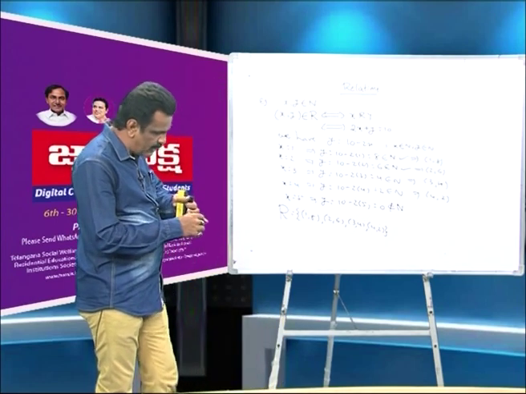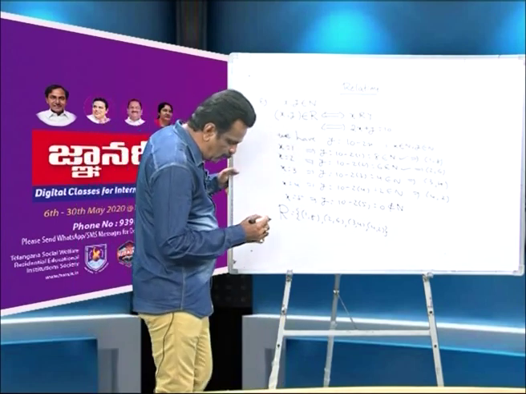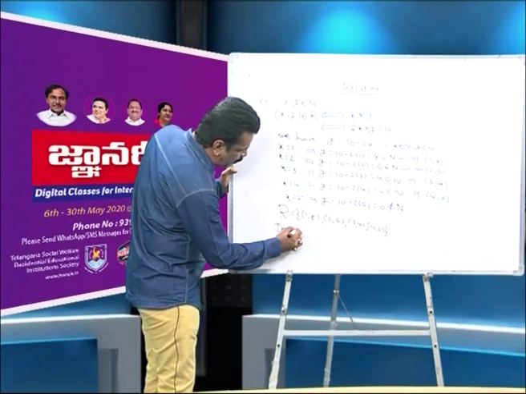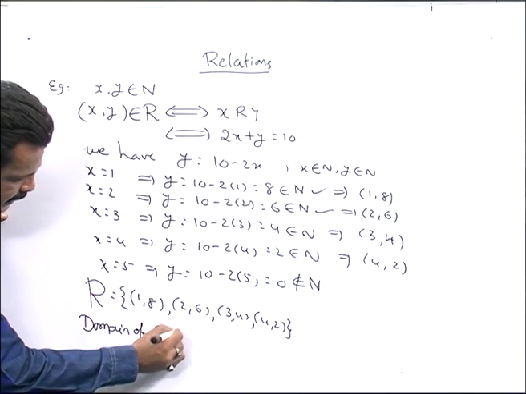Now from this roster form, we can identify the domain and the range. See, the domain of the relation, or domain of capital R, is